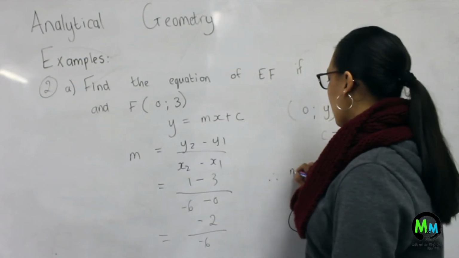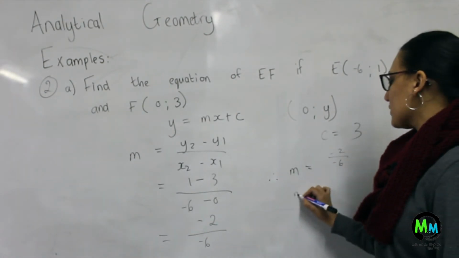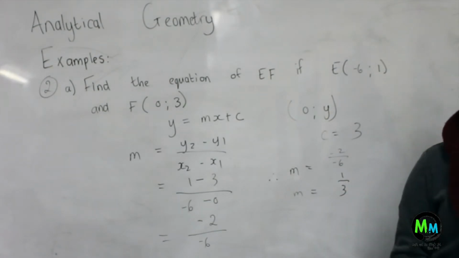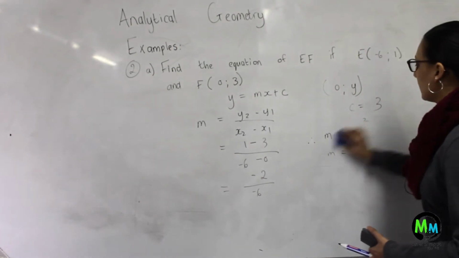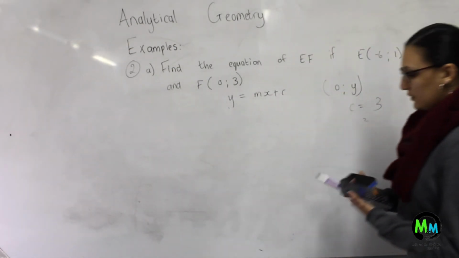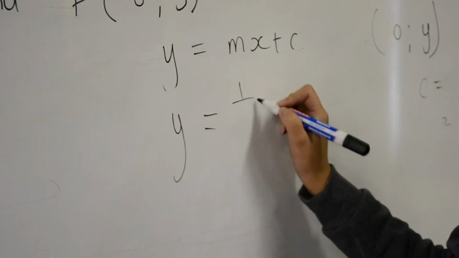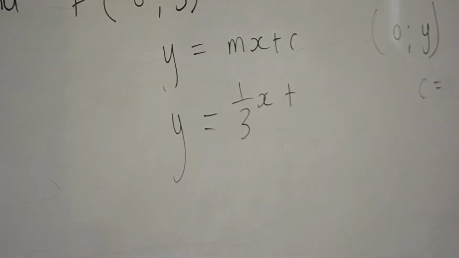So my gradient is equal to negative 2 over negative 6, which can be simplified to 1 over 3. Now let's fill in what we know into our standard equation. So I have y is equal to my gradient, 1 over 3, x plus my y-intercept,